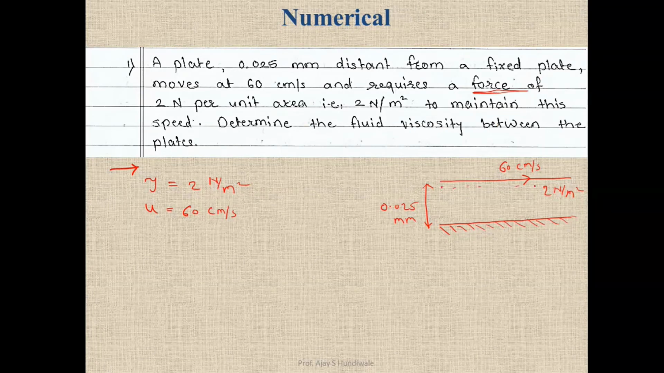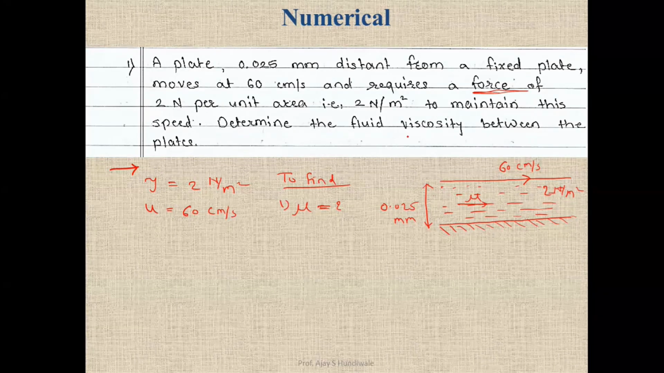Okay, so here we have a fluid, and we have to find out the viscosity of this fluid. So what we have to find? To find viscosity of the fluid. Here it is not mentioned whether we have to find kinematic viscosity or dynamic viscosity. In that case, always remember you have to find out dynamic viscosity only. Okay, so tau is given, velocity is given, and the distance between the plates is also given. So let's say this distance is y,